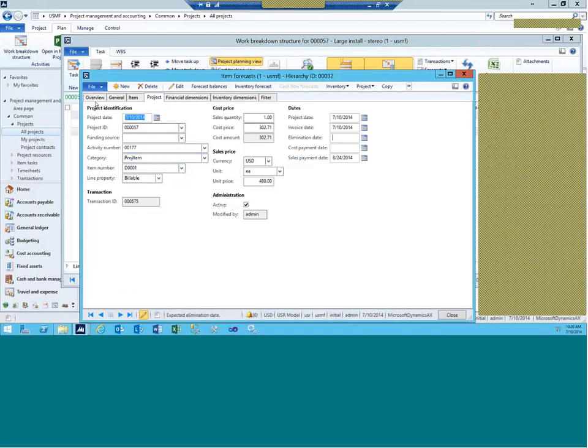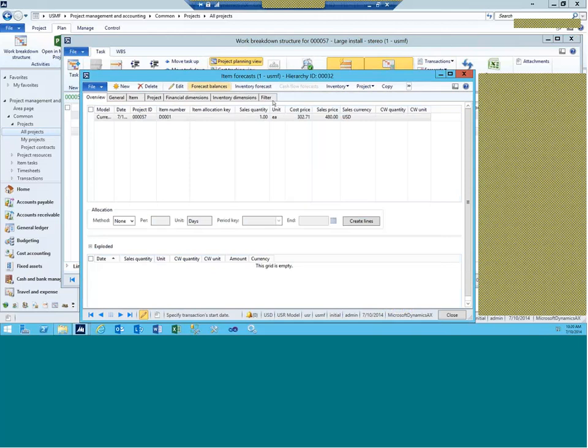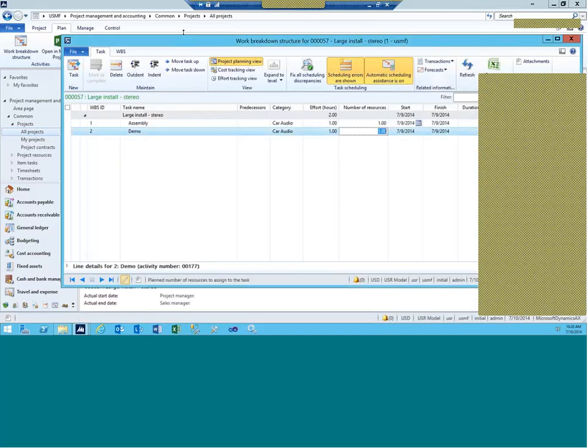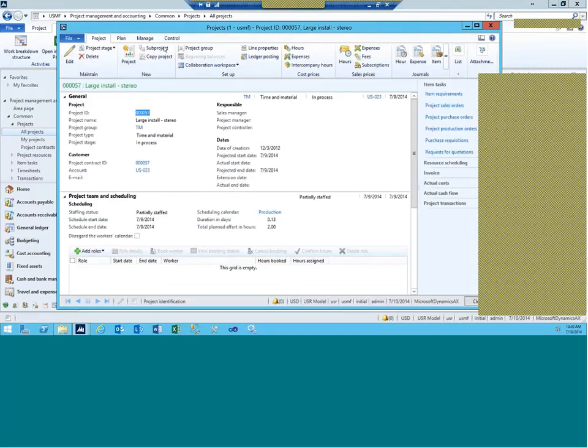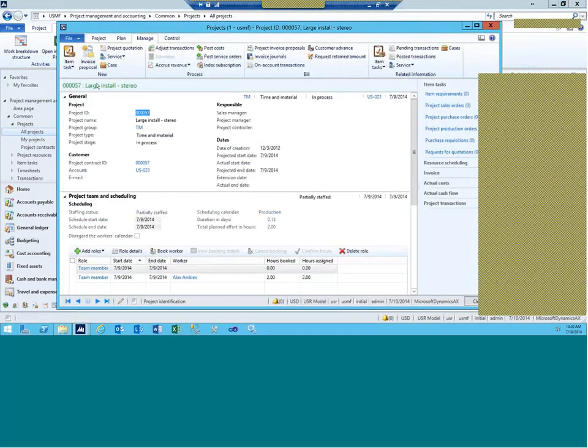And let's see, from here, this is my item forecast. I'm trying to make something up, just to get closer to what you're trying to do. So that's my item forecast. This is something more tangible than hours. And from here, can I create, so this item forecast now is associated with the project. And from here, I can do,